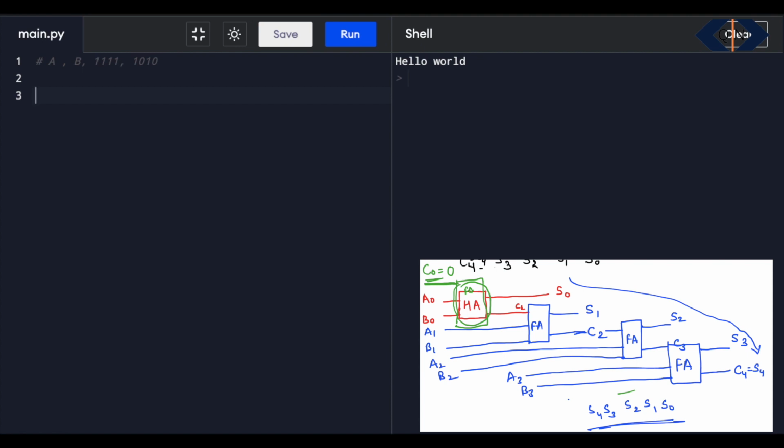Because in the ripple carry adder, we have to utilize the full adder. So can we create a function with full adder? Because in the last video we have already created it. So let's quickly create our full adder so that we can utilize that particular function. So it will consist of input A,